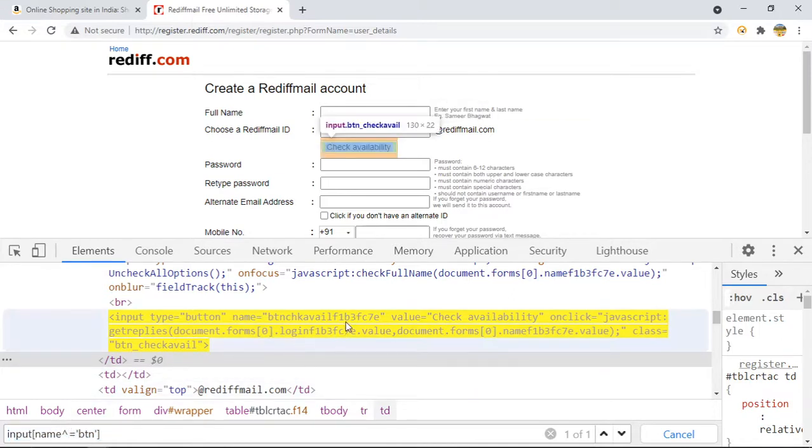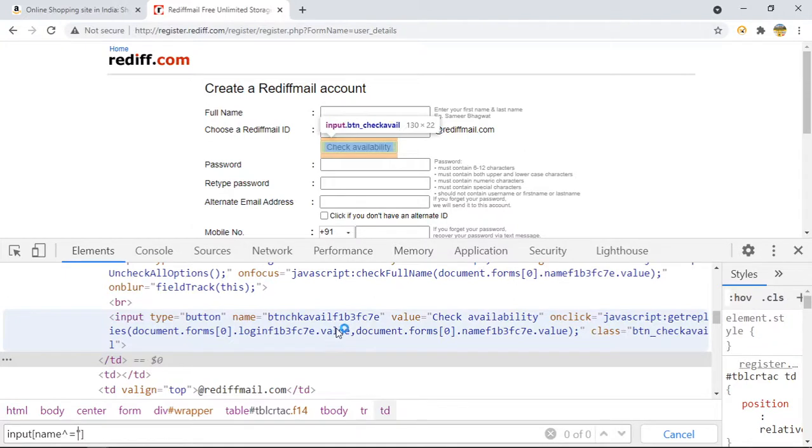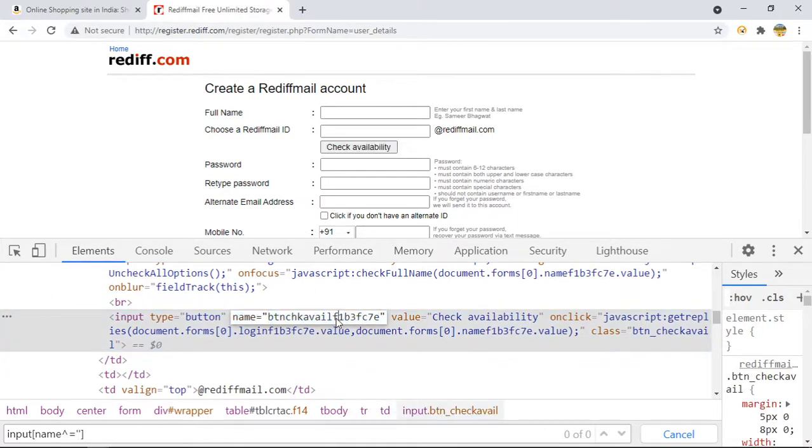Suppose I want to find any name that is ending with some value. Like if you see here, this is ending with C7E, or FC7E, or the full name from these two. I want to find a name that is ending with this.